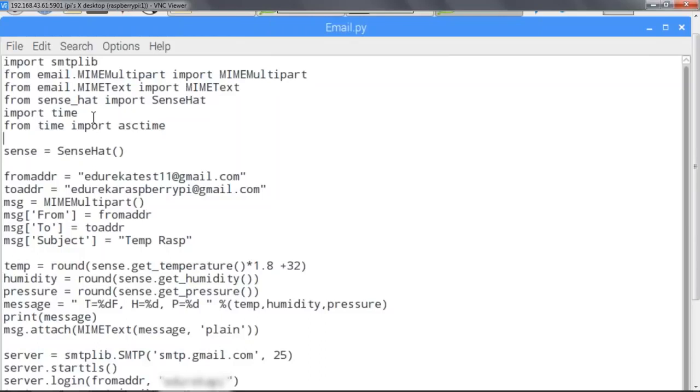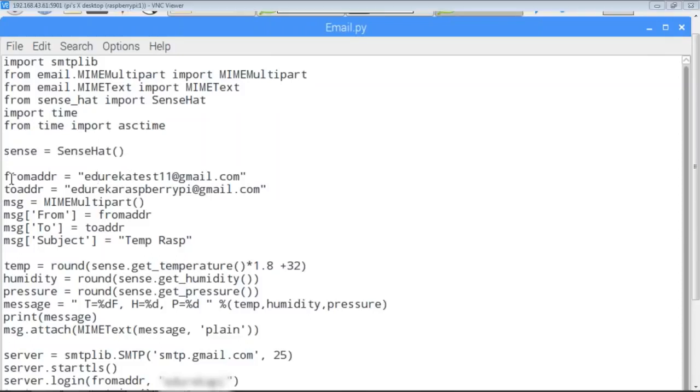Okay, moving on forward, let me explain the code. Now, here we're repeating the same thing. We are also importing the time function, and then we are establishing a communication between the Sense HAT and the program. Okay, so here first you need to specify the from address, that is from whose mail ID you're sending this. So I have created two test mail IDs. One is